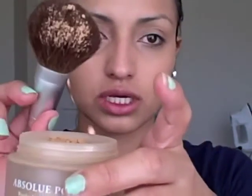Okay, so if you don't use powder, this is where it would be the end, just so you won't go bare out. Now my number 5 is the Absolute powder, which is the Lancome. And what I do, I tap some product in here. As you can see, this is all I'm going to be using for my whole face, and then I let it